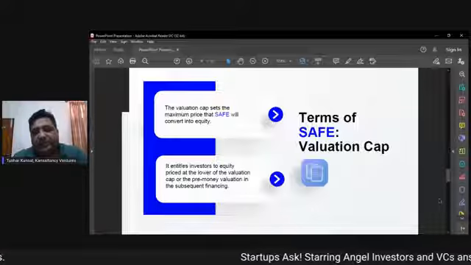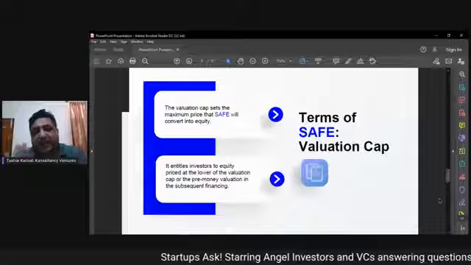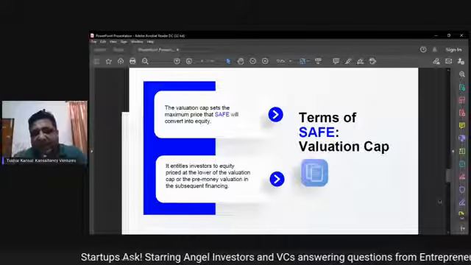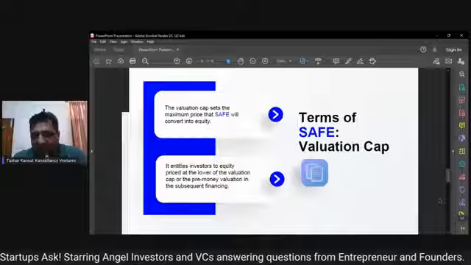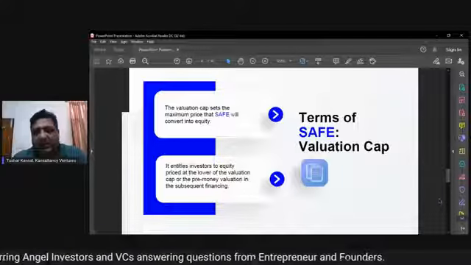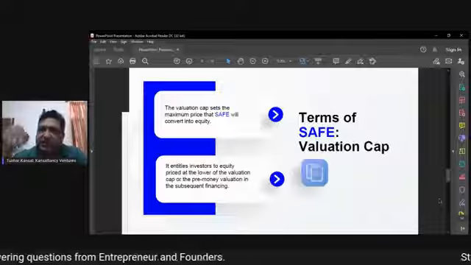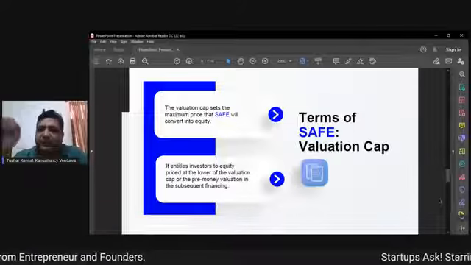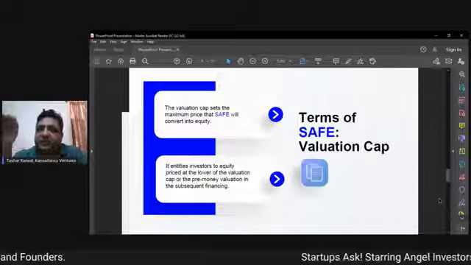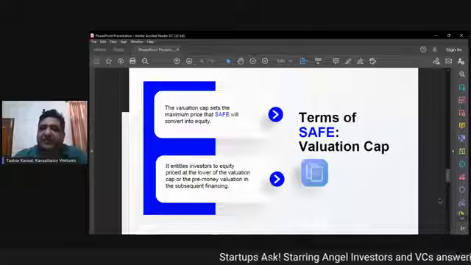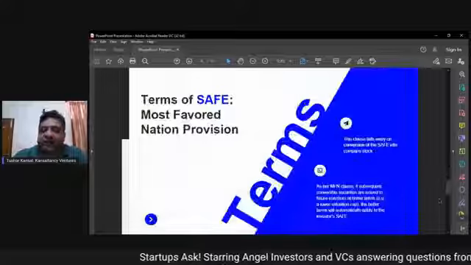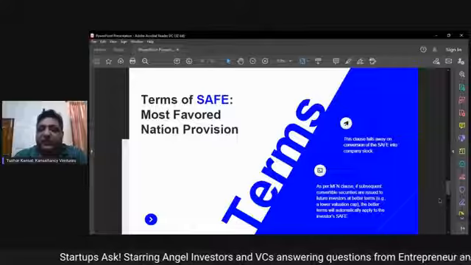And the investor can get equity at the lower of these two things: the valuation cap, the number which is given, or the pre-money valuation in the subsequent round. So whichever is lower, the investor gets that benefit. But because there is a valuation cap, many times the discount is not there. Most favored nation